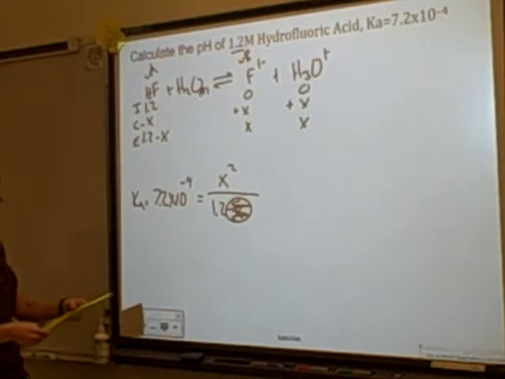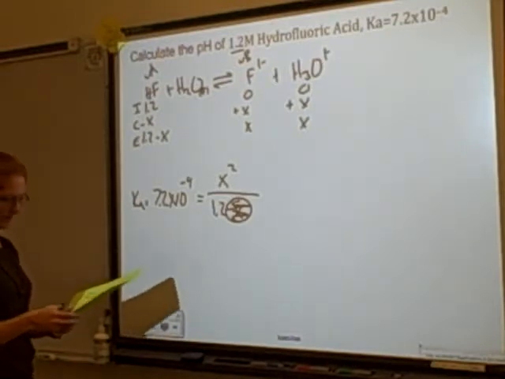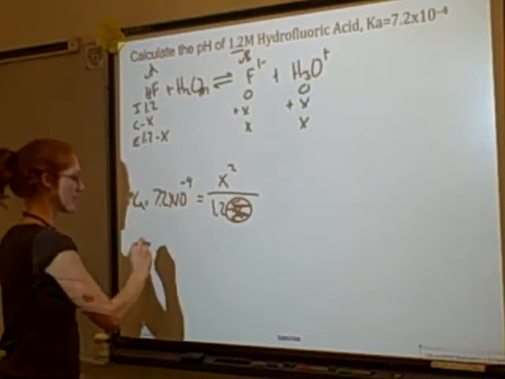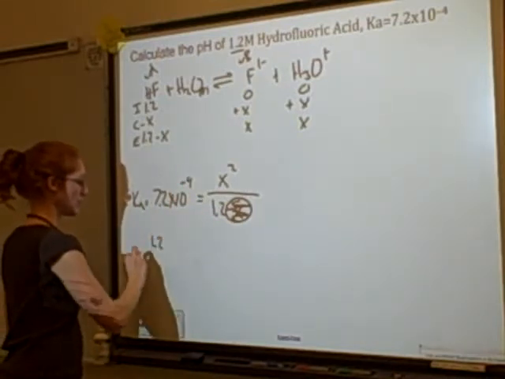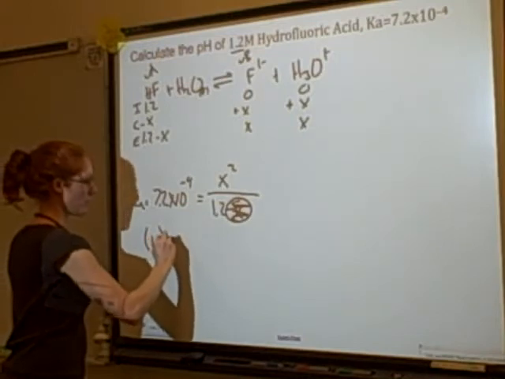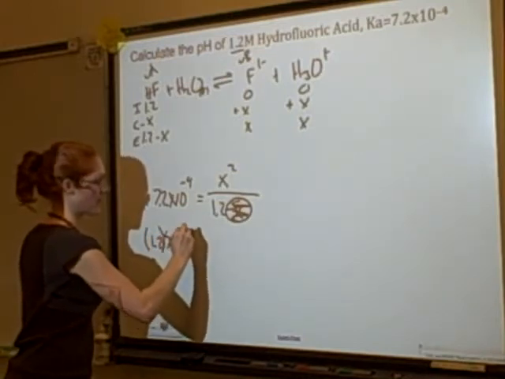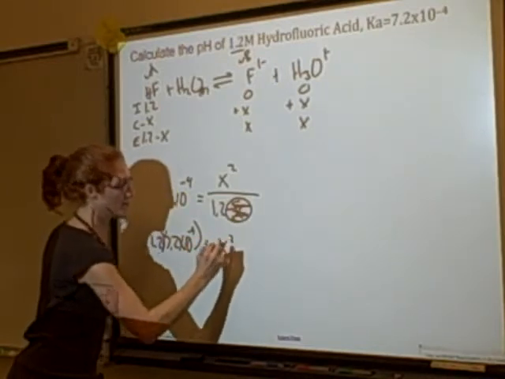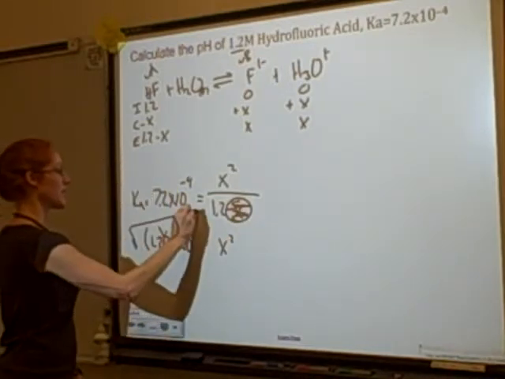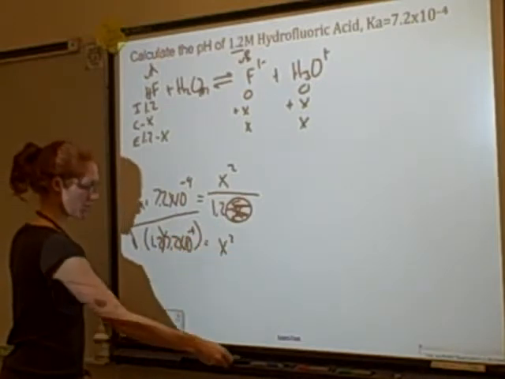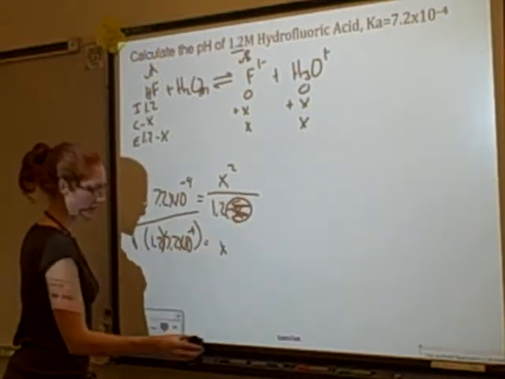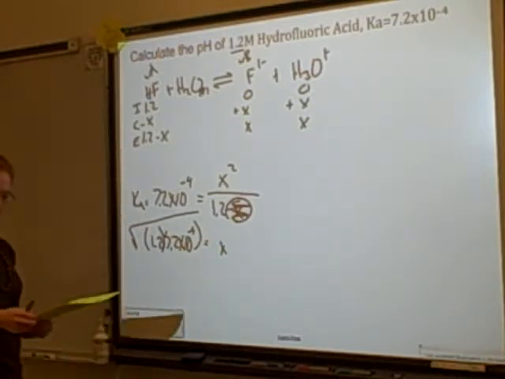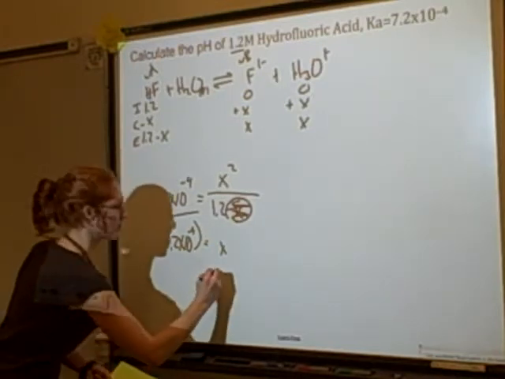And show my work. I'm going to multiply both sides by 1.2, and then I'm going to square root both sides. So I end up with 1.2 times 7.2 times 10 to the negative 4th is equal to x squared. Then I'm going to square root this side, and I'll square root this side. If I square root x squared, I just get x. So that's my x, 1.2 times 7.2 times 10 to the negative 4th, and that is equal to